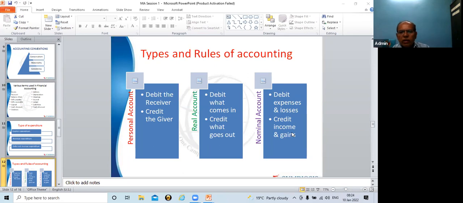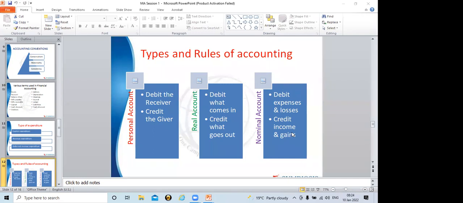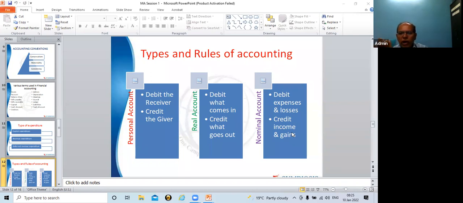And indirect income: other than sale of goods or sale of service, our organization may receive other income also. For example, if our business has some surplus amount and it is invested in another bank as a fixed deposit, the bank will give us interest quarterly, monthly or annually. Whatever interest our business receives is known as indirect income, and that is part of nominal account. As well as gains. Gains may be other than direct and indirect income. We might have purchased shares of another company, and if that company gives dividend to our business, that is a gain for us.